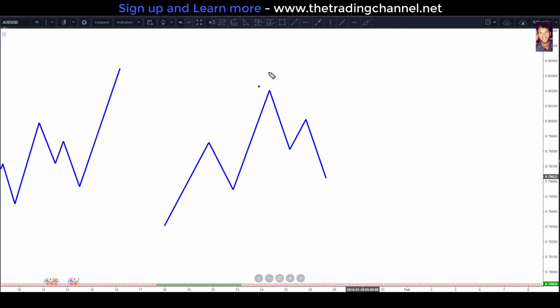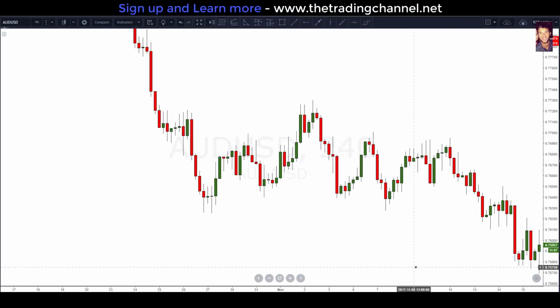This is what is referred to as an ABCD pattern. It is a symmetrical move in the market that oftentimes can lead to a nice bounce out of price action. So now that we've learned what a complex pullback is and what it might look like, I've taken you guys